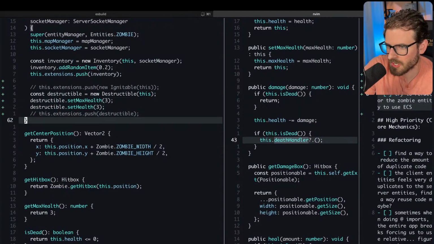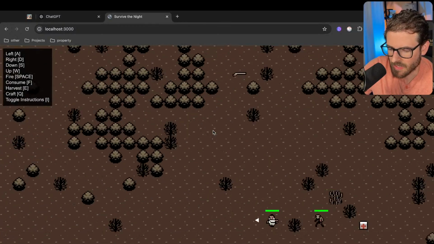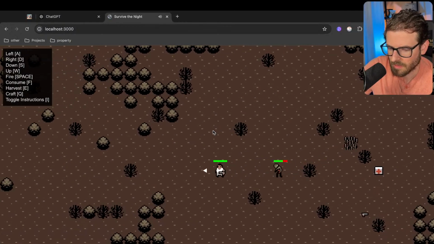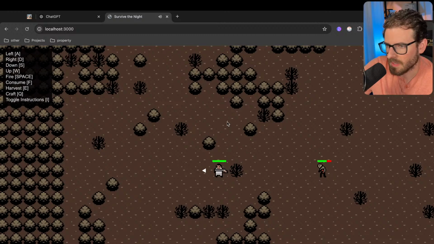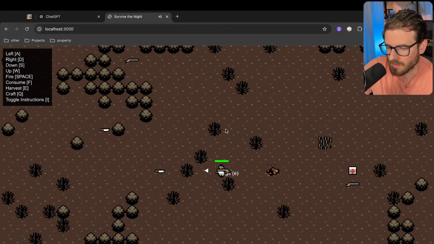Okay, so we're going to give it destructible, and that's actually going to overwrite how the health stuff's working. I think if I save this and go back, we can no longer shoot the zombie. Well, you can only shoot it with the pistol for some reason. Okay, now it's working. I don't know what I broke before.